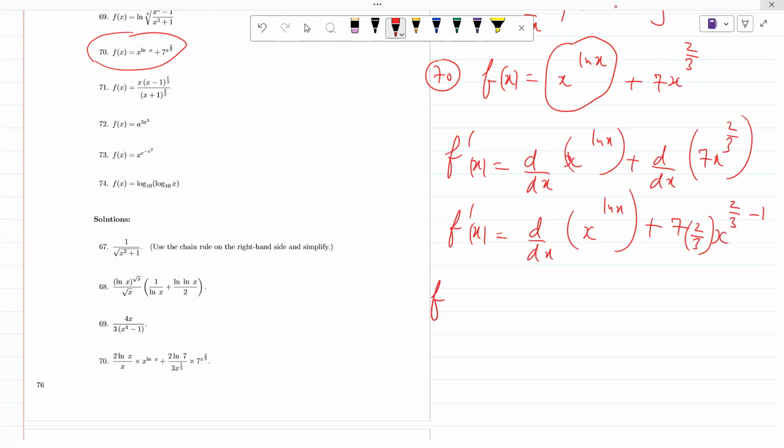Now, to find the derivative of this part, the trick here is that it is x raised to a function of x. So you need to use the e. You put e to the ln of this, you put the ln of the function exactly like that. And then what is 7 by